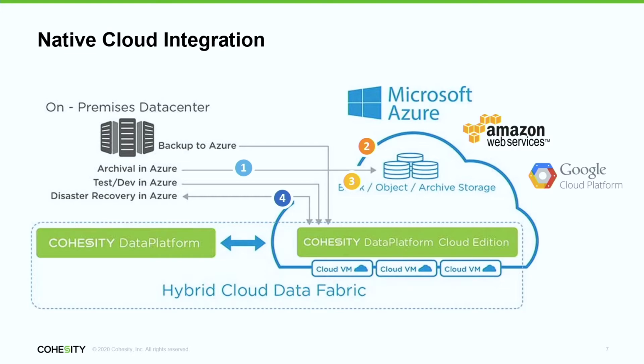But by running our data platform in the cloud, either Azure, Amazon, or Google, this can become your disaster recovery solution. So you would take your backups on-prem of your entire environment, and you would replicate the backup data into the cloud. So part of our data platform is replication. When we replicate data, the data is always encrypted, and we only send over the unique data after we first compress and encrypt it. And so you can use the cloud really as your disaster recovery solution,